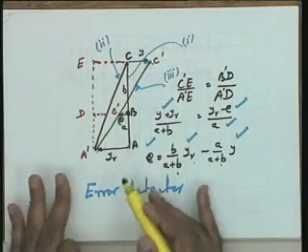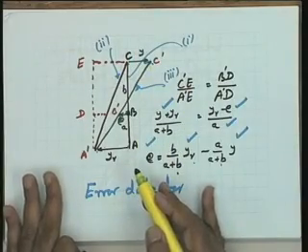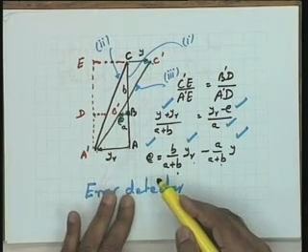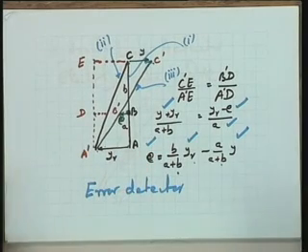I hope this is all right and it does not need any elaboration. I am going to use this error detector equation in deriving the overall mathematical model of the system. If there is any question, I would like to welcome it at this stage. Is it okay please? Fine then.